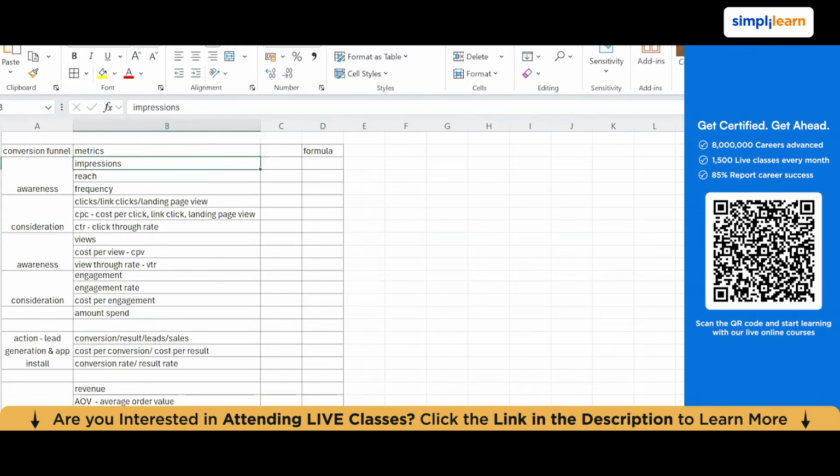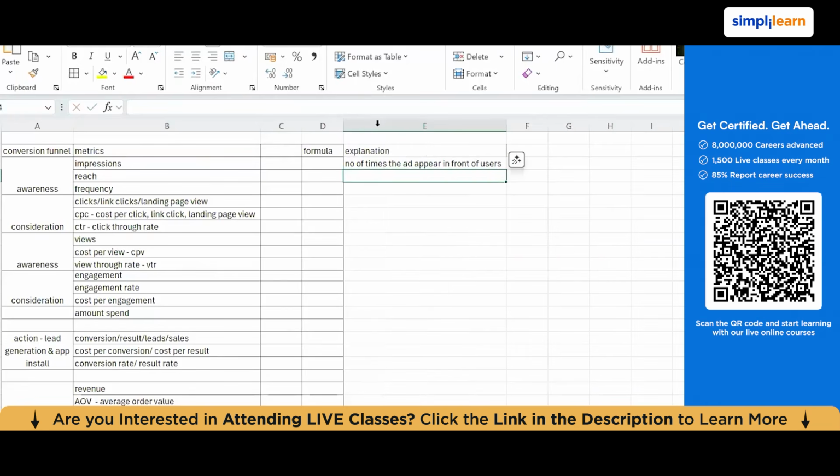The first thing is impression, guys. Okay, now what is impression? Impression is nothing but, I'll write an explanation over here. The number of times the users see the ad. The number of times the ad appears in front of the users. Okay, basically